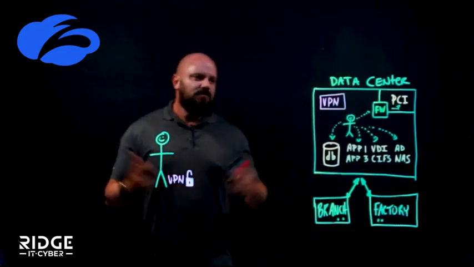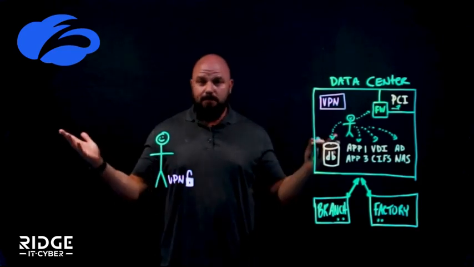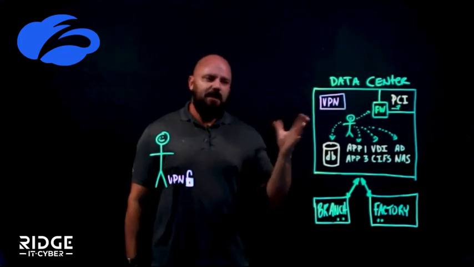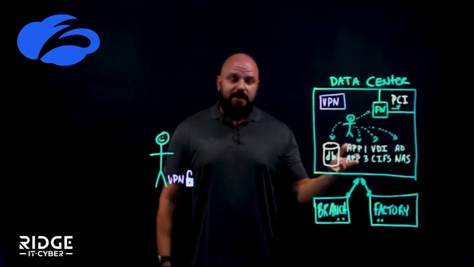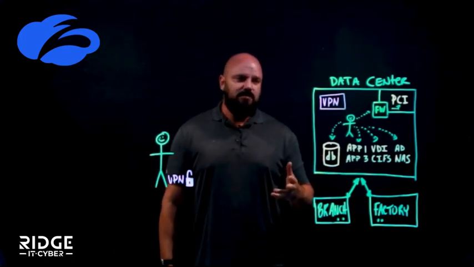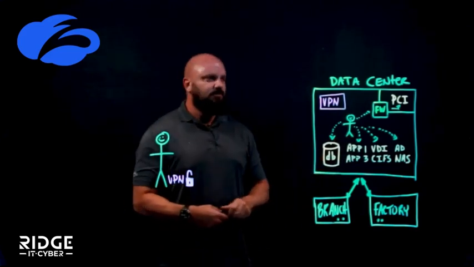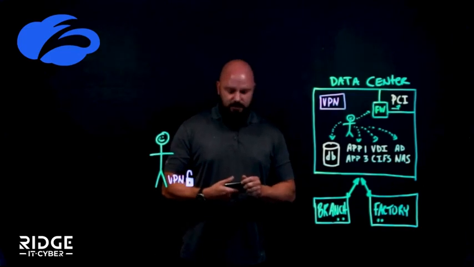Additionally, if a user's on VPN, they can open up NMAP and do a port scan of the entire network. They might not know initially that application of 3 exists, but a tool like NMAP would show them everything. So let's look at this from more of a cloud native security approach.